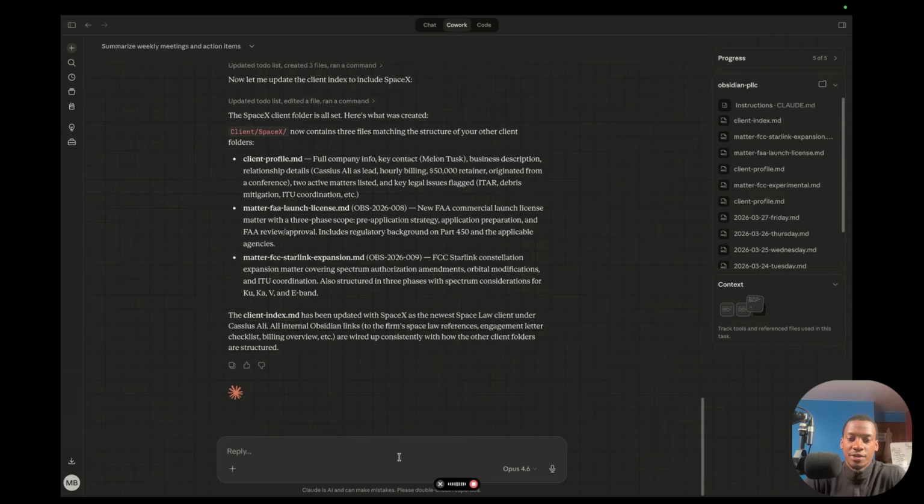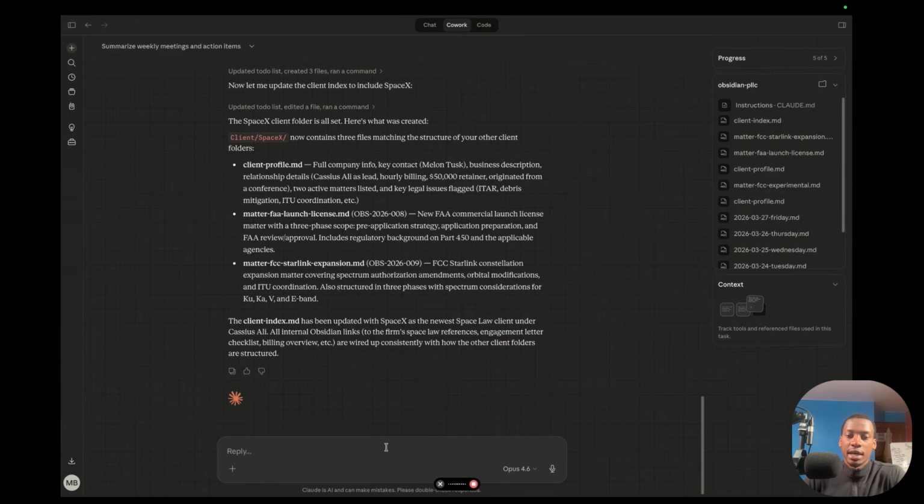So ask me questions to figure out what the defaults should be, the default attorney, the default billing rate, the default retainer, all that information. And then we can have a skill that will just intake basic information about the client, fill the defaults, and then create the client folder for us underneath the client folder.